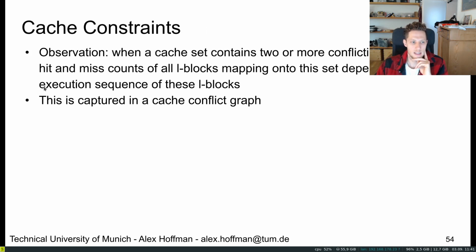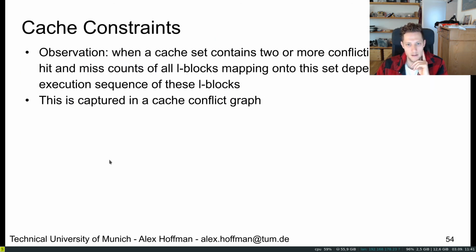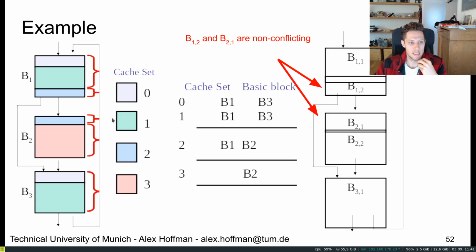And so this is captured in this cache conflict graph, which we'll come to in a second, which is sort of similar to this. But in this case, we could see, for instance, that we run from this cache set to this one all the time in this sort of looping, so we're always going to be getting misses, right? So now we'll look at the cache conflict graph, and it's essentially a way of splitting this graph here into